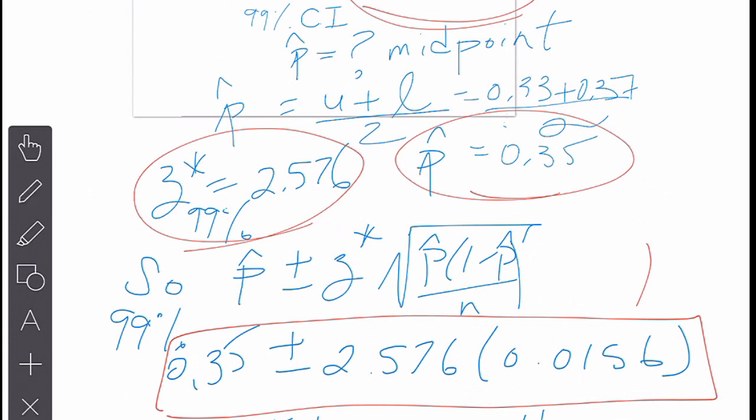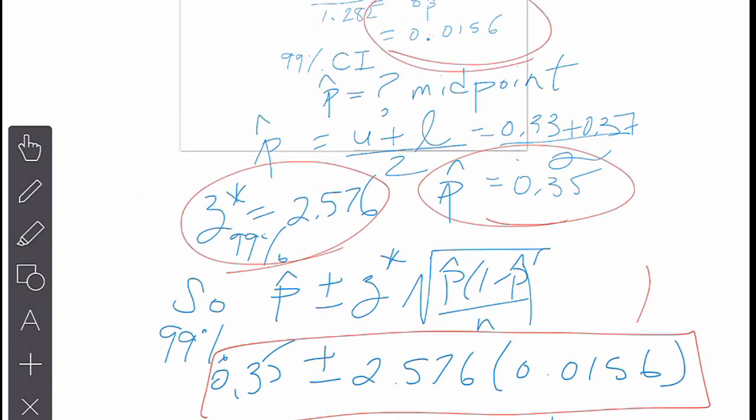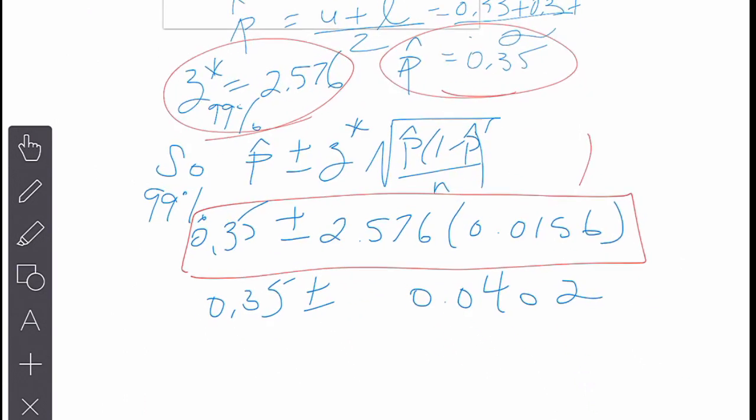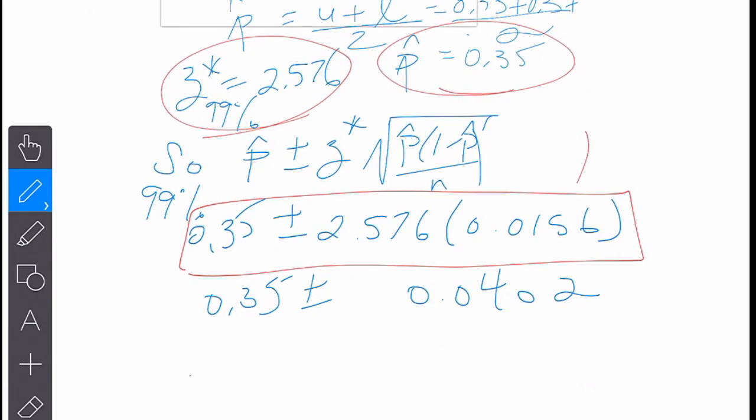And then I guess, yeah, you could drop the other part, but because it's an interval for p, I prefer 4 decimal places. I'm going to keep 4, okay? So it's 0.35 minus 0.0402. Yeah, you rounded it nicely, Delia. But I'm going to keep it like this because of my rule for proportions to use 4 decimal places. So this will be 0.3098, comma,